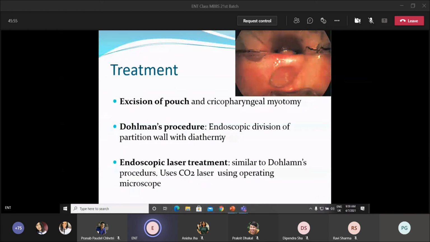hypopharyngeal tumors and cancers, mainly the cancer of piriform sinus, which is the most common, followed by postcricoid region and posterior pharyngeal wall. 60%, 30%, and 10%. Okay. So briefly go back and recapitulate the anatomy of hypopharynx. Where does it start? Where does it end? And what are the important subsites? Subsites are important and easy to remember. All of them start with letter P. So one is piriform sinus, posterior pharyngeal wall, and